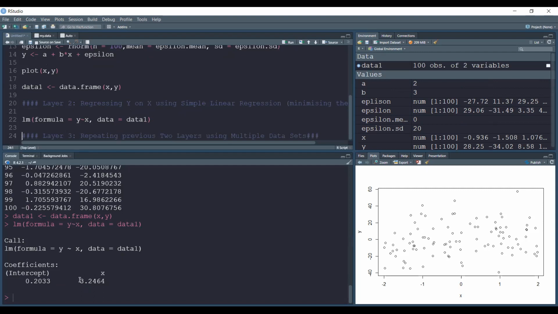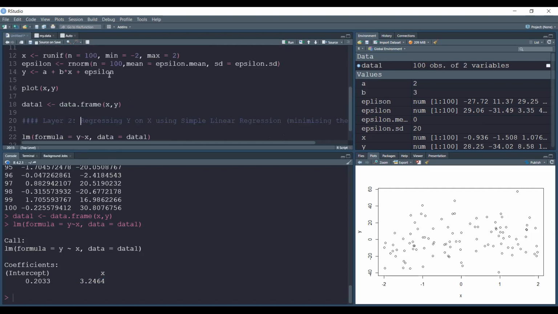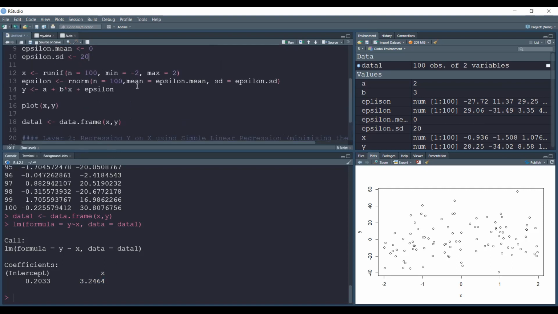We have a slope of, so we have 0.2033. That's the intercept. And I guess this is the x coefficient. So this would be the gradient. It is the coefficient of x, not the value of x, the coefficient of x. It's actually 3.24. Can we reduce this? Yeah, probably. If you take a larger standard deviation, if the error term is larger,